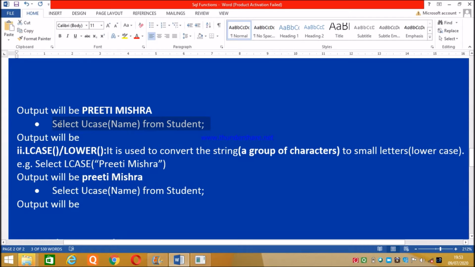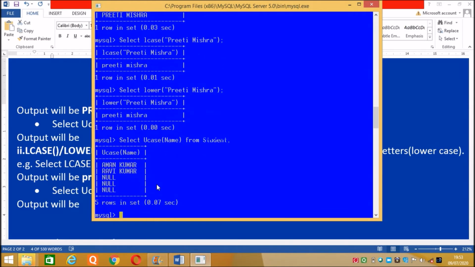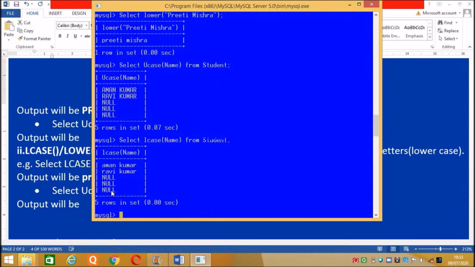Particular field name, that is the name, will come in capital letter, all the names which are given in the student table. Now you see the output. It will show you here. By default bullets is coming. When I copy down, I will raise it. Now you see all the names are coming in capital letter. Same here we can do with the help of L case. All the names will come in small letter, but it is temporary because we are displaying the value. This is not permanent.